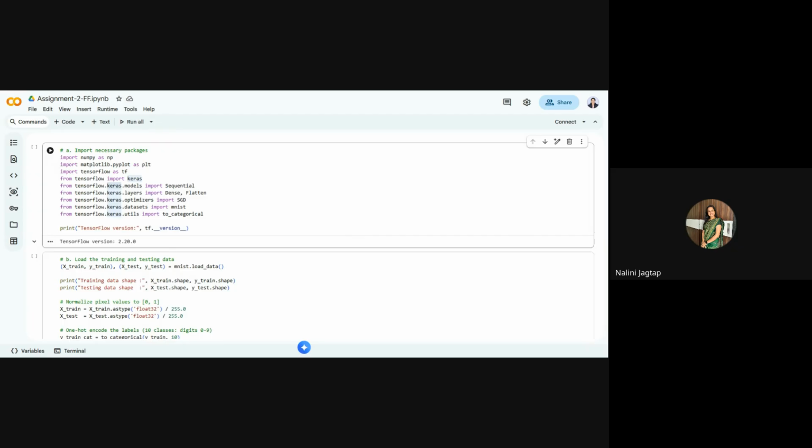Then we have from tensorflow.keras.utils import to_categorical, right? This to_categorical converts the integer labels into one-hot encoded vectors, which is required for the categorical cross-entropy loss. And lastly, you can see the print of the TensorFlow version, tf.__version__. This attribute holds the